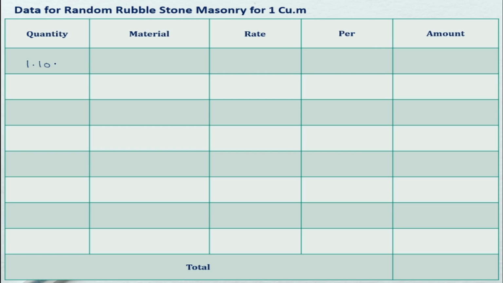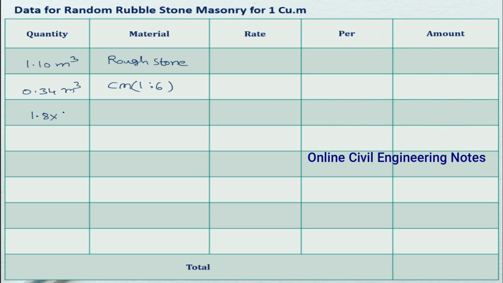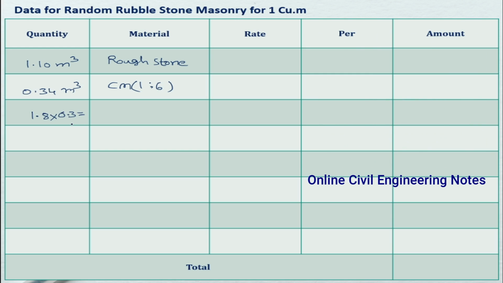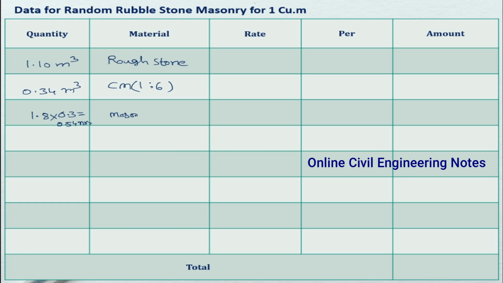Quantity 1.10 cubic meter rough stone, 0.34 cubic meter cement mortar, 1:6 proportion. 1.8 numbers mason is given, out of which 30% is taken for first class mason and 70% is for second class mason. 1.8 into 30%, that means 0.3, is equal to 0.54 numbers mason first class,